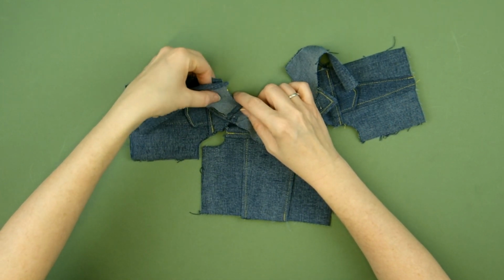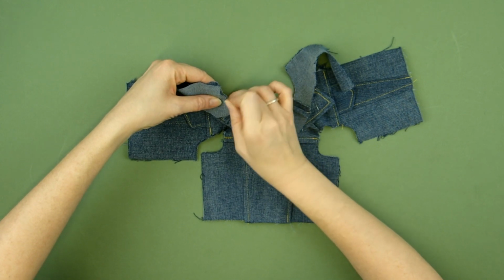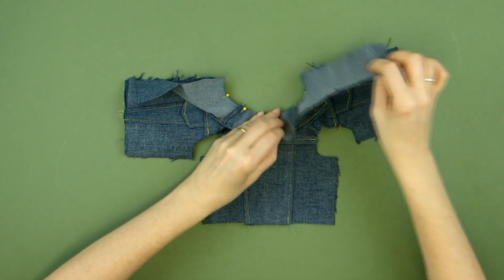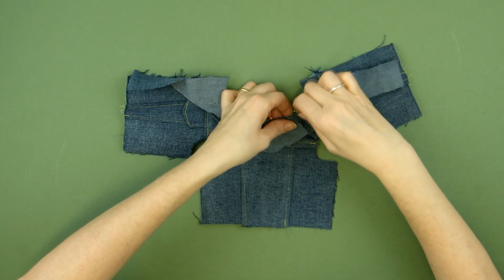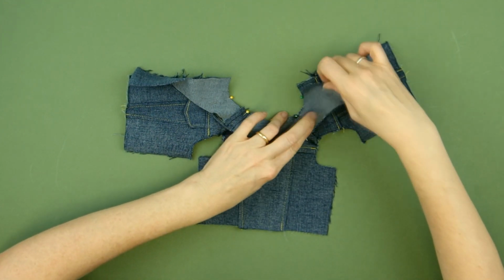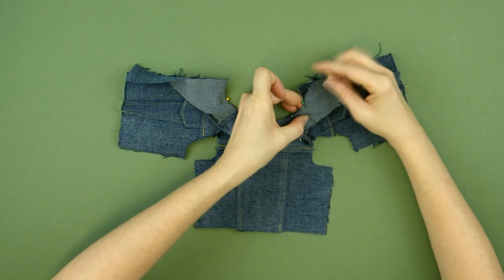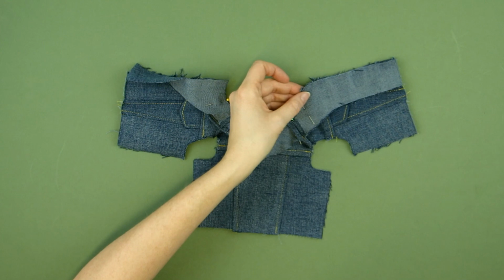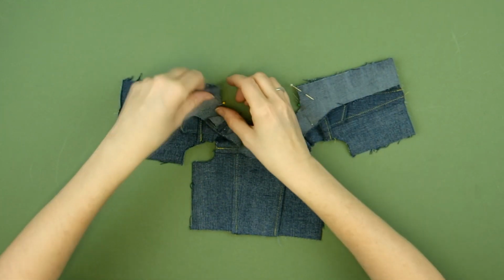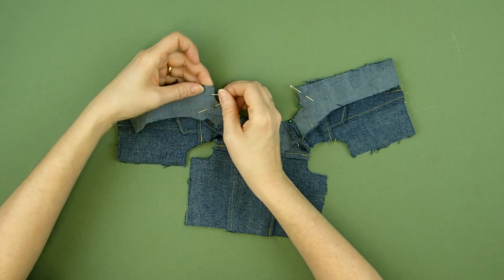And then take the facing right the way to the edge, so you'll line up the notches there where the edge of the collar is, and then let's do the other side, so the other shoulder first. And then the edge of the collar there, and that little notch that lines up with that, just there. And then we're going to take that right down the front, so we'll start off at the corner here, and we'll do the corner on this side, and then we'll take it right down to the bottom,